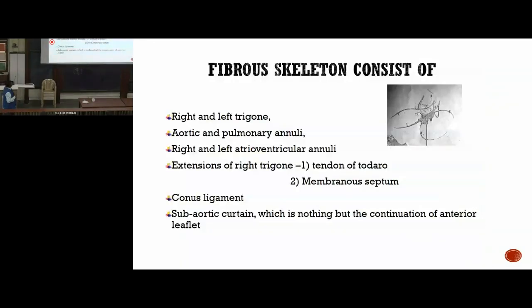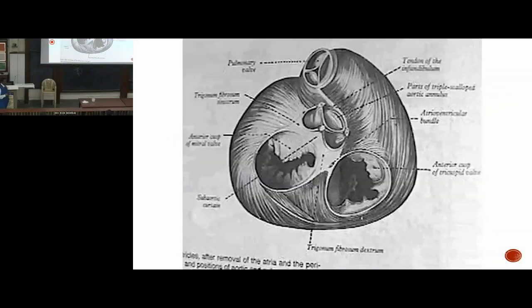So what does the fibrous skeleton consist of? Right and left trigone, aortic and pulmonary annuli, right and left atrioventricular annuli, tendon of Todaro, membranous septum, conus ligament, and subaortic curtain, which joins and continues as the anterior leaflet of the mitral valve. This is a diagrammatic picture from Gray's Anatomy. This is the pulmonary annulus, this is the conus ligament, that is the tendon of the infundibulum. This is the aortic annulus, this is the subaortic curtain, this is the left atrium, this is the left trigone, this is the